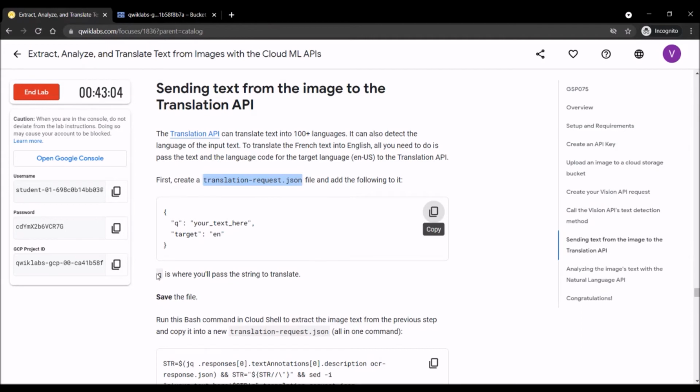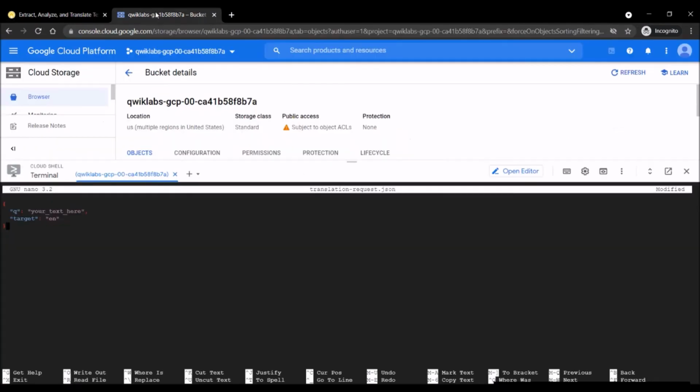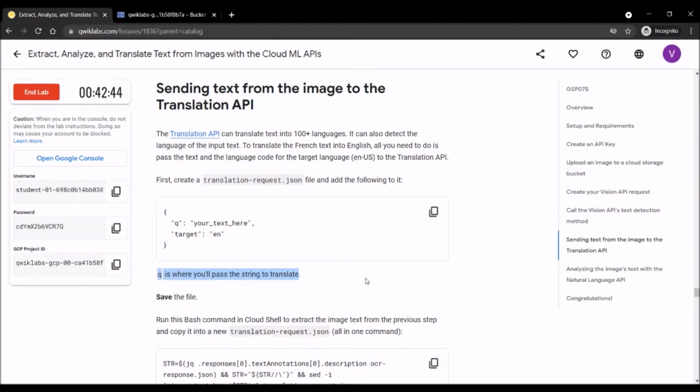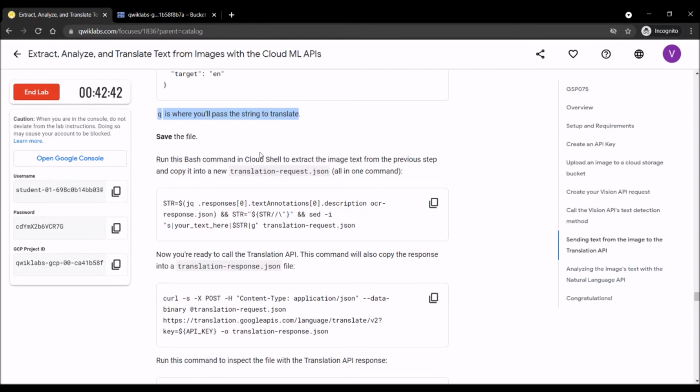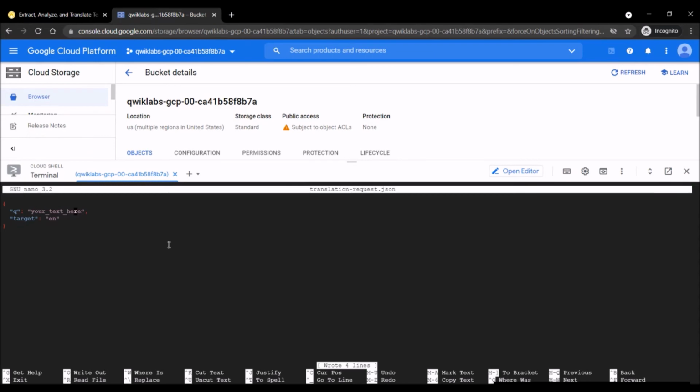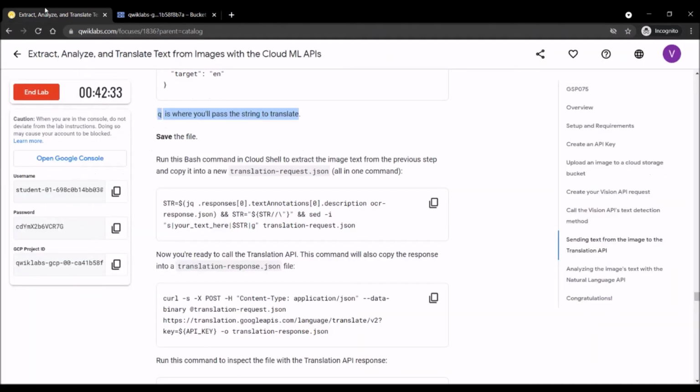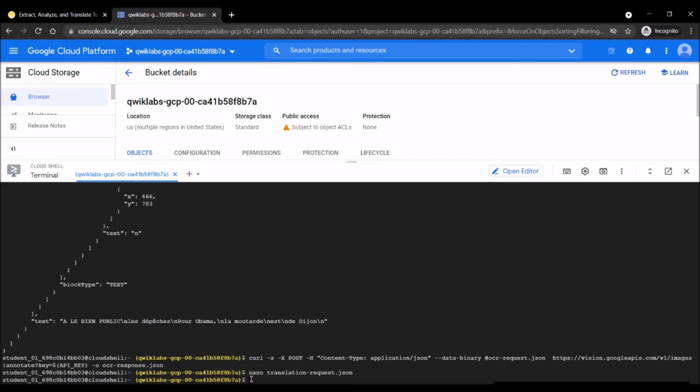So we will paste the text over here. Q is where you will paste the string to translate. We have to just save the file. We don't have to edit anything in it. So here will come Control X, and the file is saved. Then again we'll copy and paste the following command.